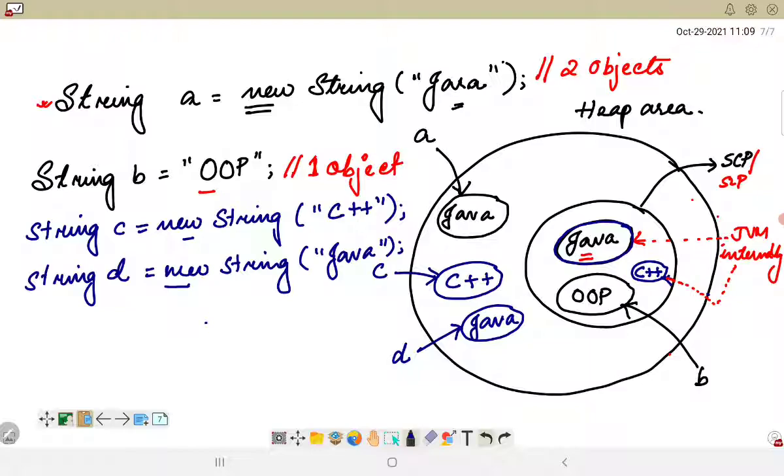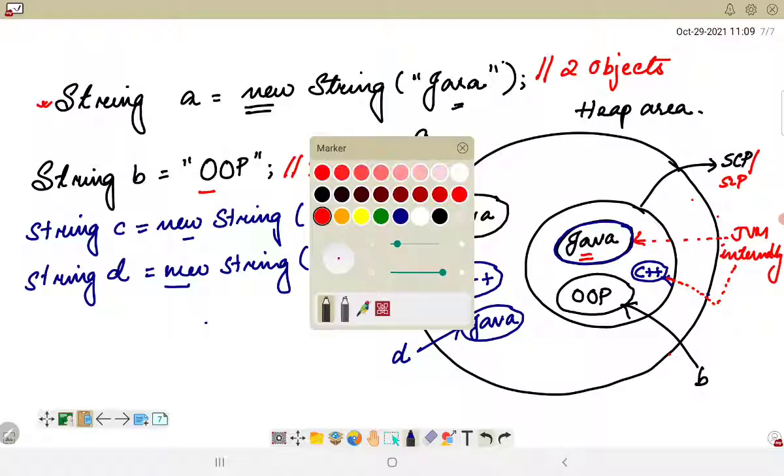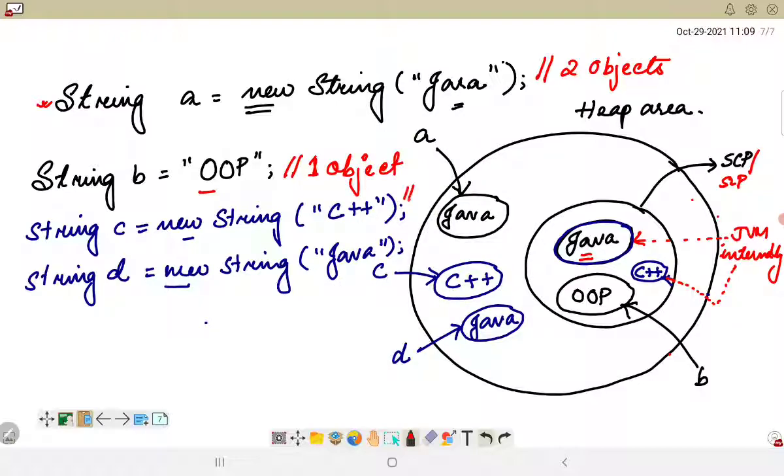So in this particular scenario, the object created would be just one. Here we have two objects, but here I will just have one object because I already have a literal inside the string constant pool with the same value.